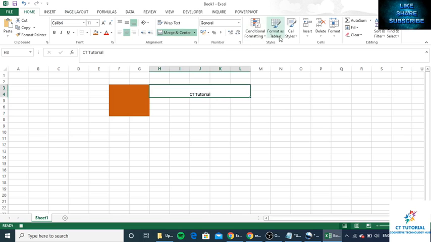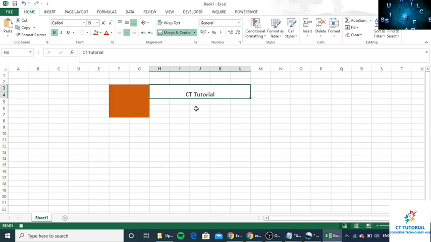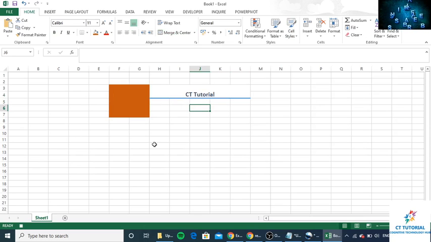Increase the size by using the cell style option. And I will stop the macro.